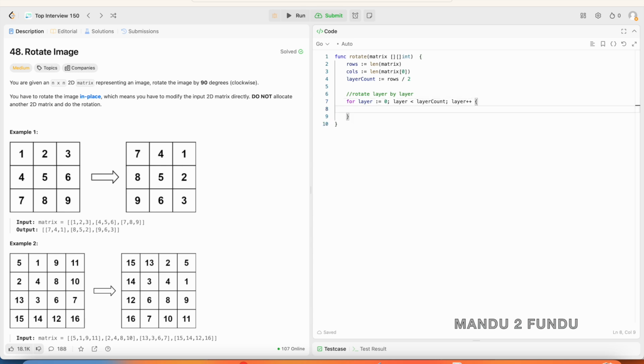In each iteration I initialize the boundary cells index: start row with the layer number and start column with the layer number, because the starting cell is always present in the diagonal location of the matrix. The end row and the end column are computed by subtracting the layer plus 1 from the number of rows and the layer plus 1 from the number of columns. These four variables provide the boundary of the current layer being processed,